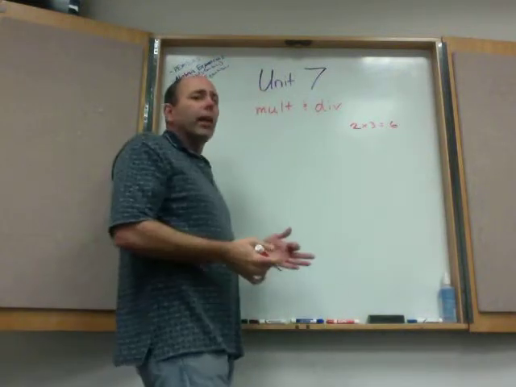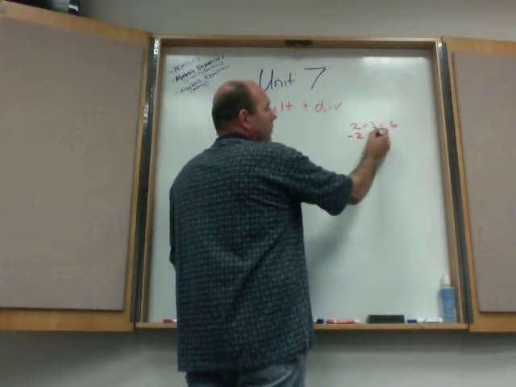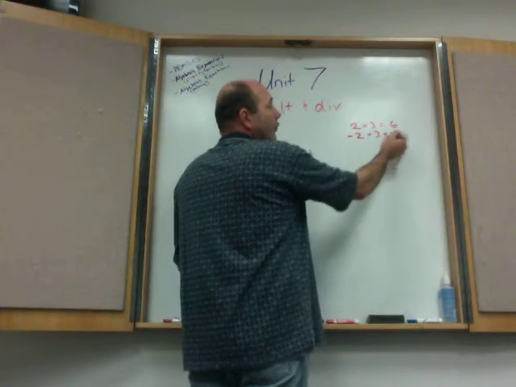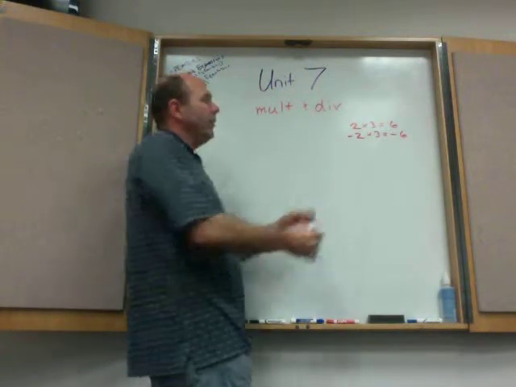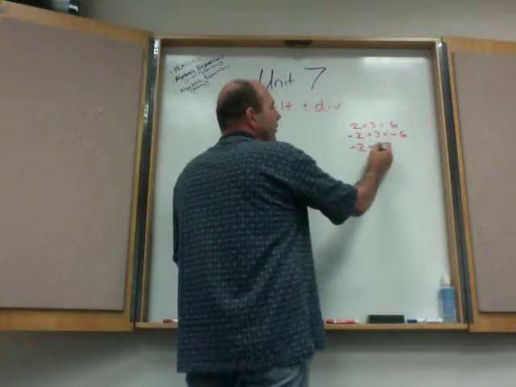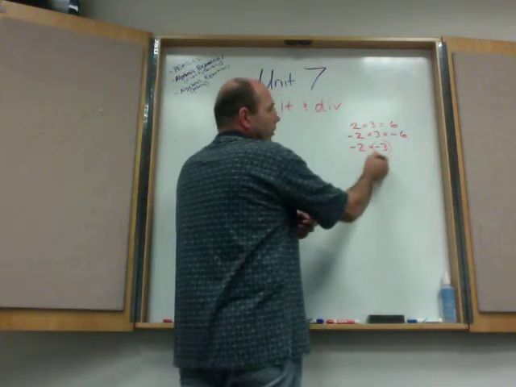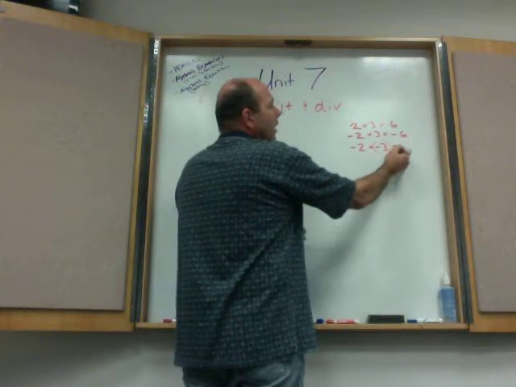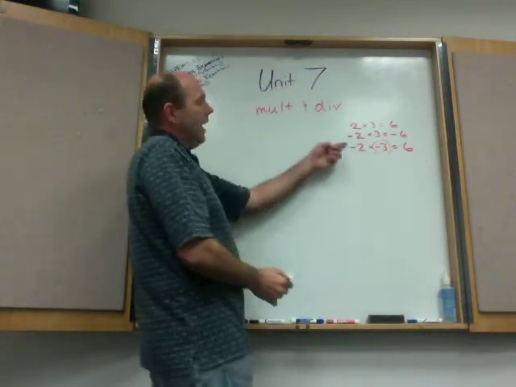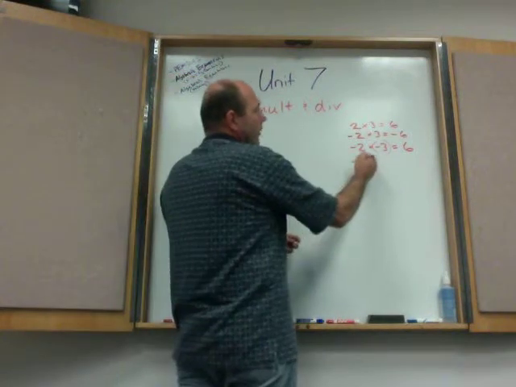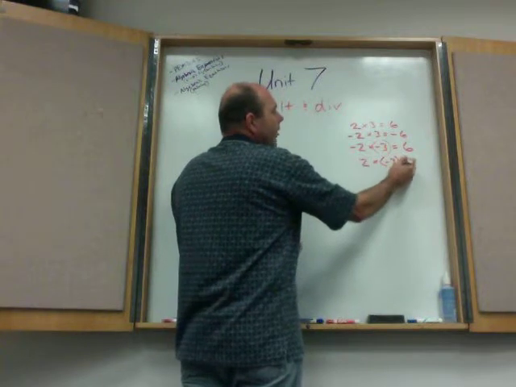right? Okay. Now, if I make one of these negative, 2 times negative 3, that changes this and it becomes negative 6. If I make them both negative, negative 2 times negative 3, and you'll often see this with parentheses just so it doesn't look awkward, that flips it back again, and I end up with a positive 6. And then if I switch this one and make this positive times a negative 3, then I'm right back to